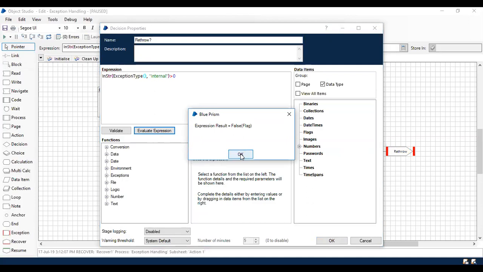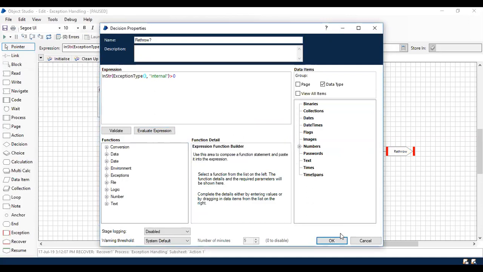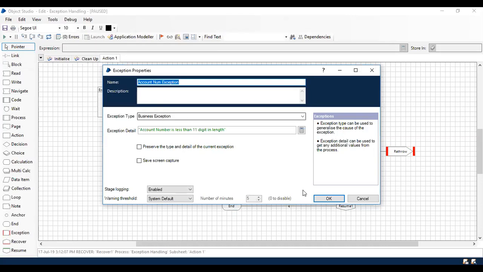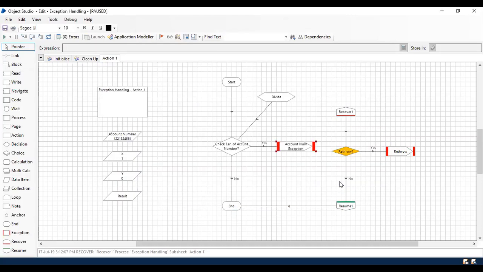Of course, it is not true, because the exception type here is a business exception, which is already mentioned by the user. So it's going to say no, and it's going to continue. So this is the exception with the preserve, and this is the exception customized by the human. In this way, you can easily segregate.